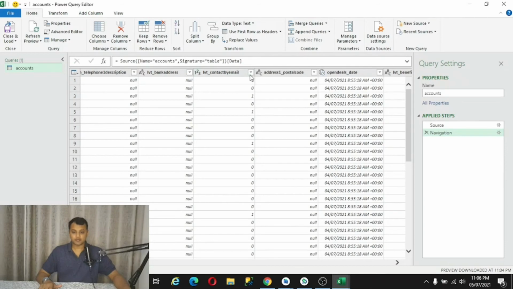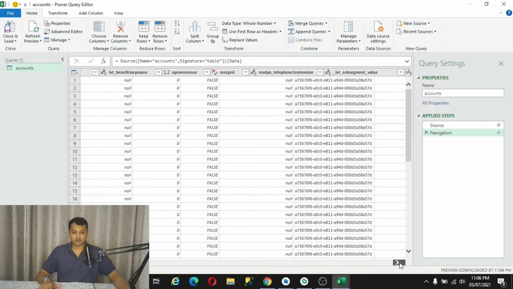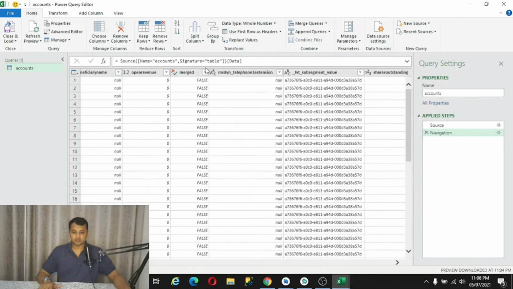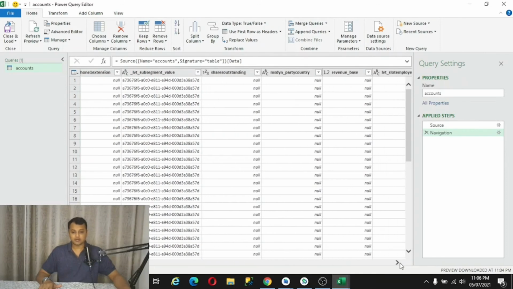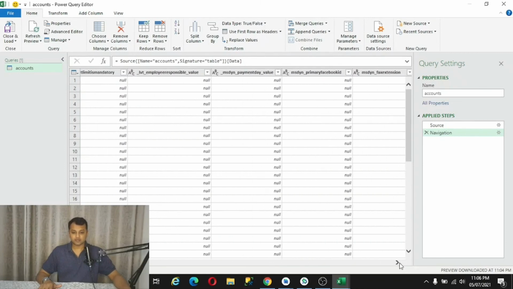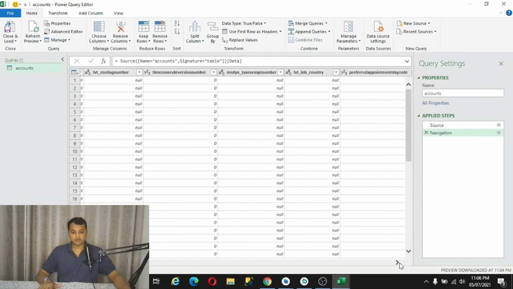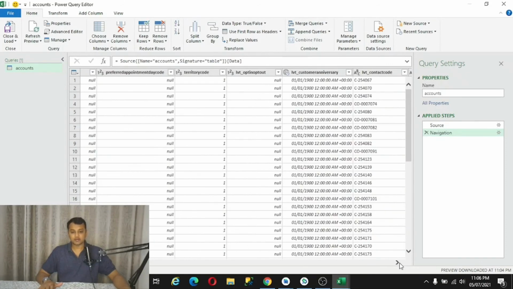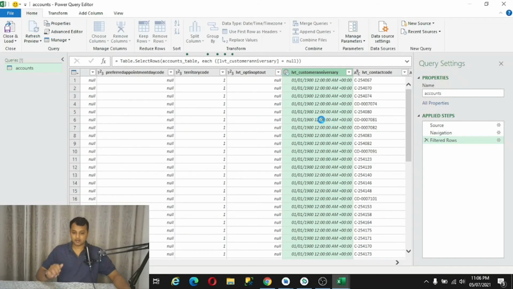I am going to select over here contact by email. I'm going to remove certain fields as well as put up a filter so that it only shows me a limited number of records. I want to select only null, click OK. Let's see how many records we get.